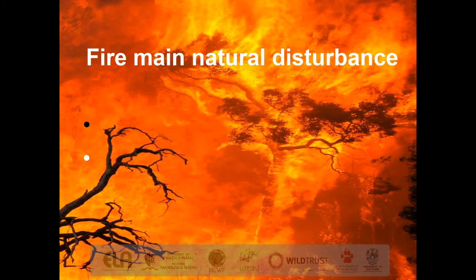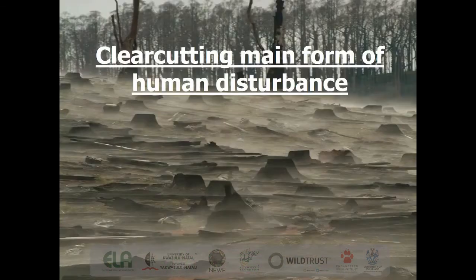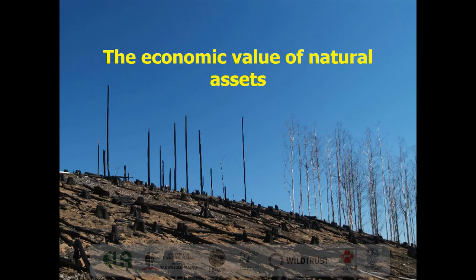And we also see that the main form of natural disturbance in these systems is again fire, and the main form of human disturbance is clear cutting to produce mostly pulpwood to make paper, with a limited amount of timber. So what we wanted to do was to look at the economic value of the natural assets in these ecosystems. There's a very substantial amount of conflict between people concerned about conservation values, timber values, water values, and tourism values